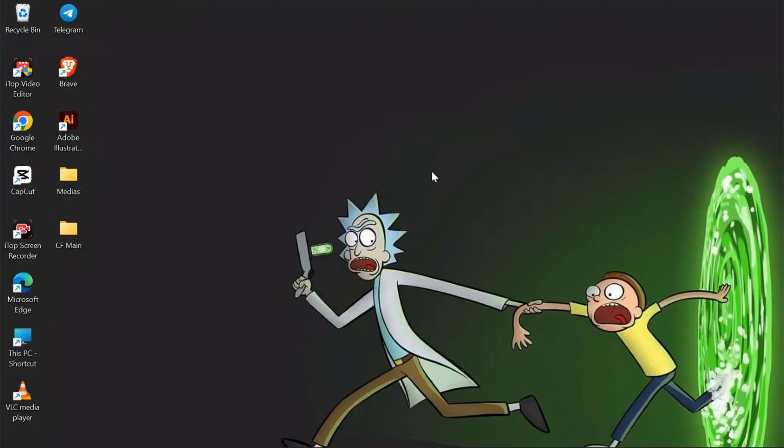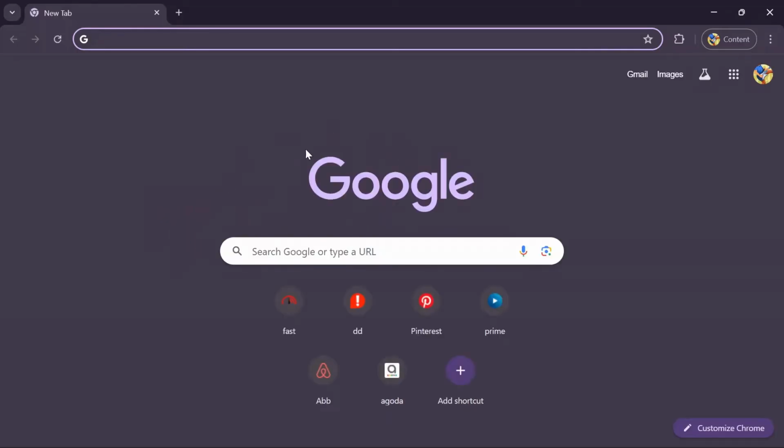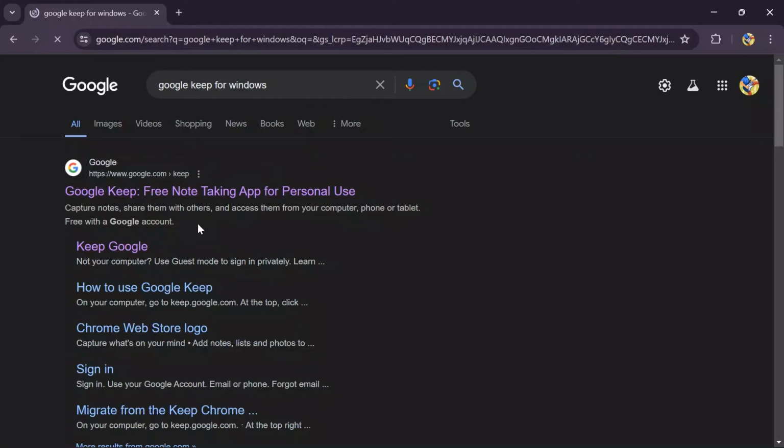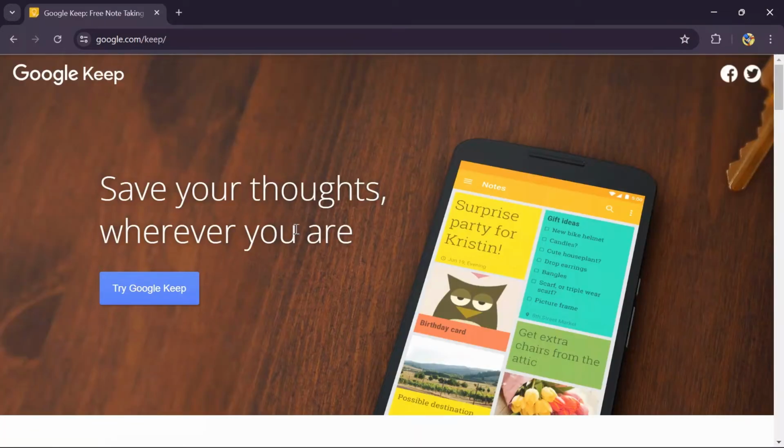Now, in order to download Google Keep onto your desktop, you simply have to open any web browser at first. Then, after opening the web browser, simply go to the search bar and search for Google Keep for Windows. Just tap on the first option that appears after searching that, and then tap on this Try